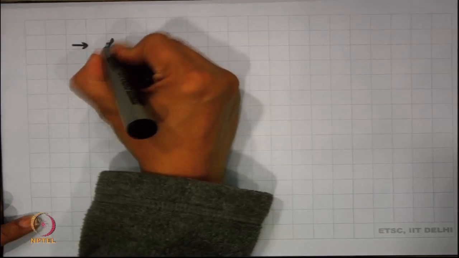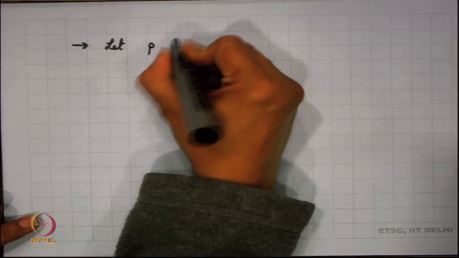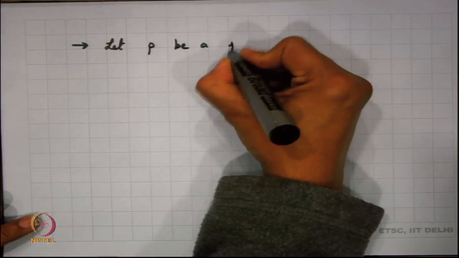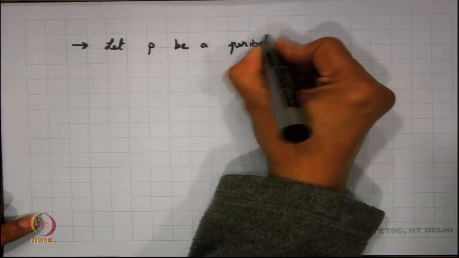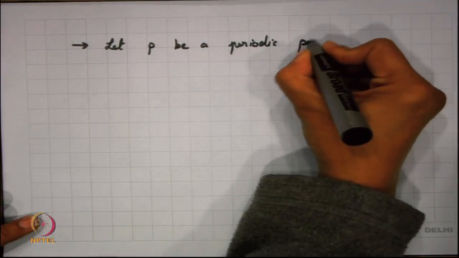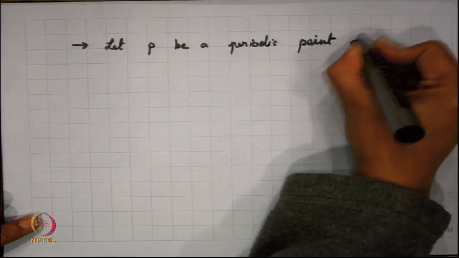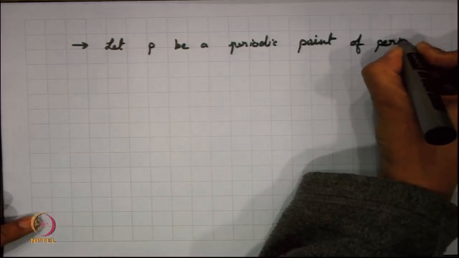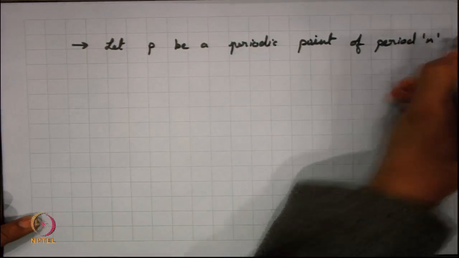So, before we get into non-hyperbolic periodic points, we just get into what we mean by a non-hyperbolic fixed point. So, we start with this definition. Let P be a periodic point of period n